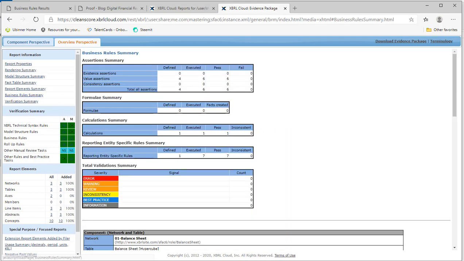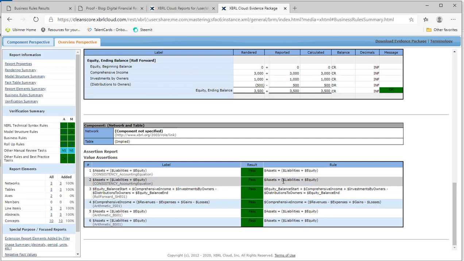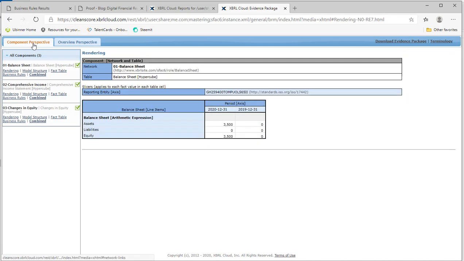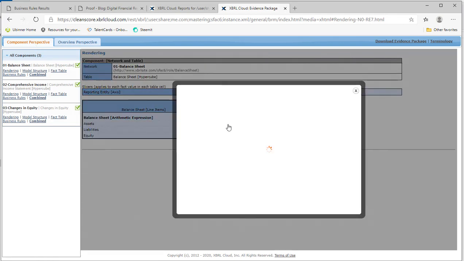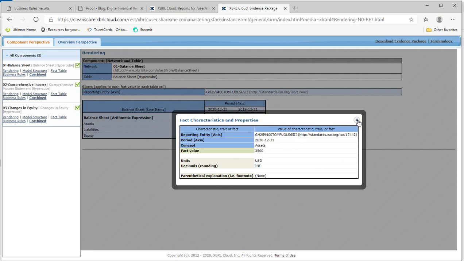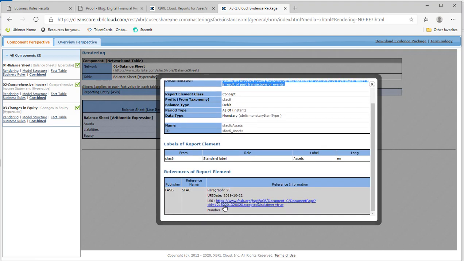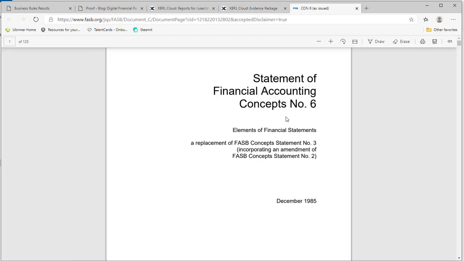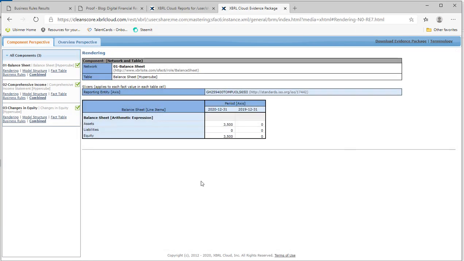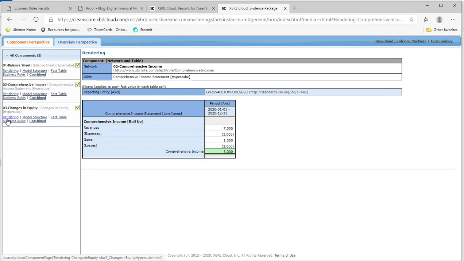Here's the business rules summary. You can see that 1, 2, 3, 4, 5, 6 business rules are all satisfied. You can review information about the facts or the report elements. There's the documentation, the references. It takes you to the document. Pretty slick. And you have that for the balance sheet, comprehensive income, and